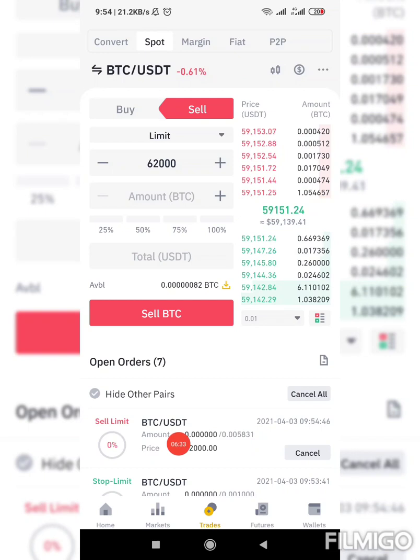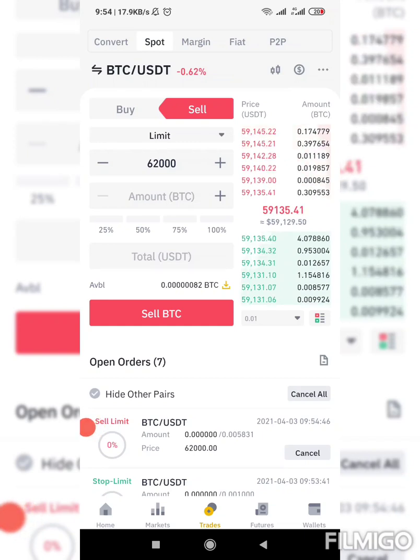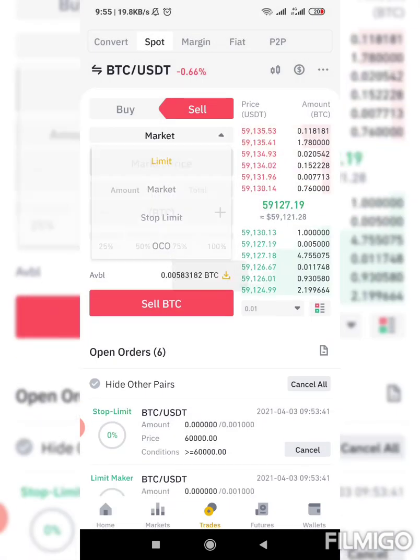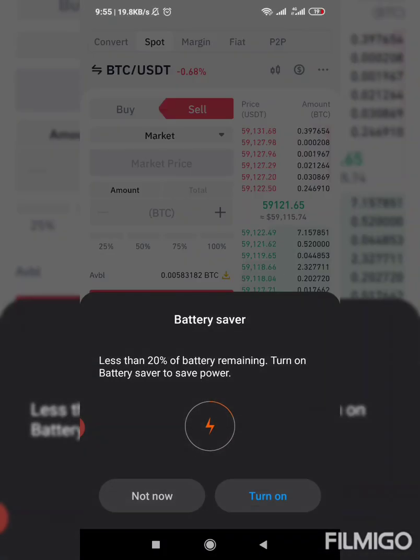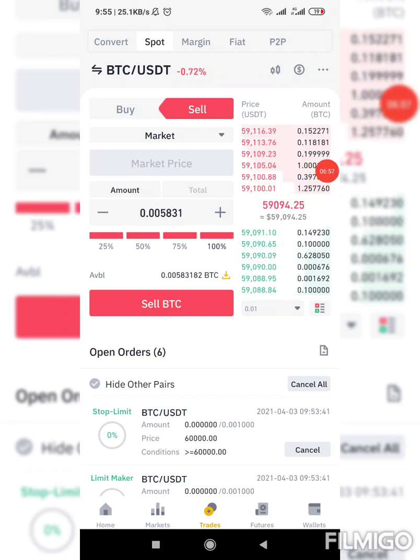Look at it here. Anytime BTC rises to that place, automatically it's going to place an order to sell this for me, and somebody will pick it up and it will be sold off. You understand? That's that. And the next one is market order. This one does not have any explanation, it's just going to buy, it's just going to sell at this price here. So I'll just put the amount I want to sell, and that will be all. The next one is